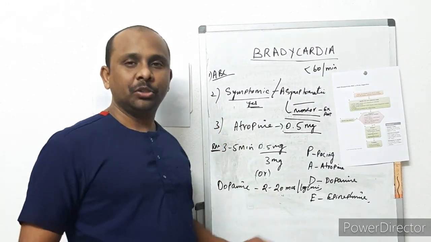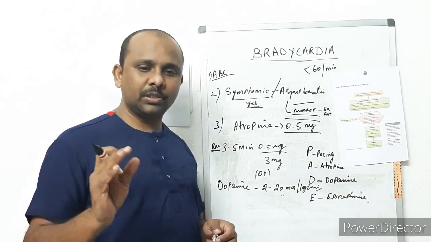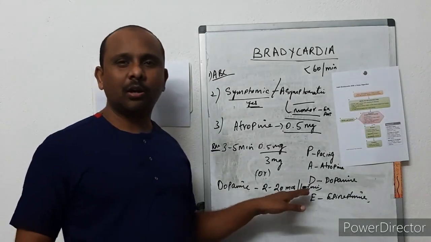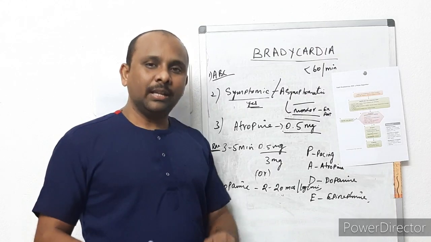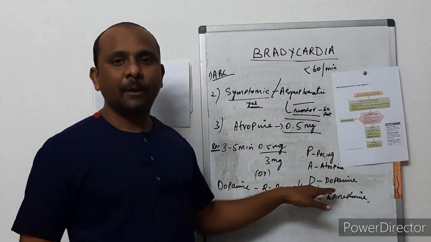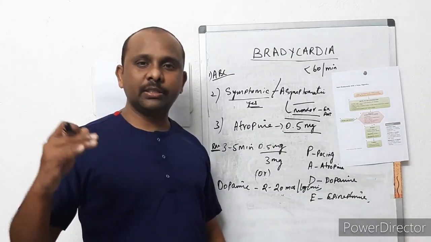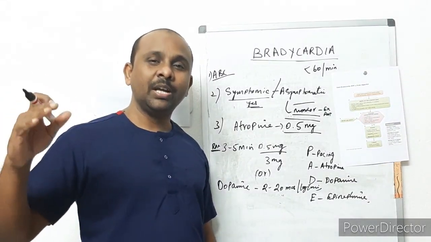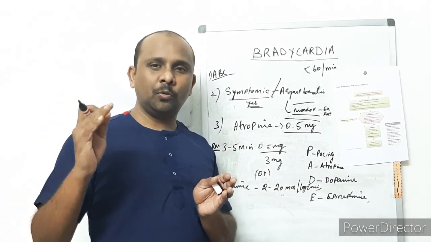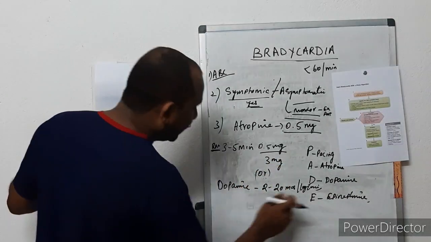As an infusion, dopamine usually comes as a 200 mg in 5 ml ampule. Just load that and calculate according to the body weight, right? Dopamine should always be calculated according to body weight. How to calculate that, we will see in later classes. So the dopamine dose is 2 to 20 mcg per kg per minute as an infusion. Once you achieve a heart rate of more than 60 or 70, taper the dose, because giving more dopamine is harmful. Maintain dopamine as low as possible, just enough to respond to the bradycardia, right? Next, epinephrine.